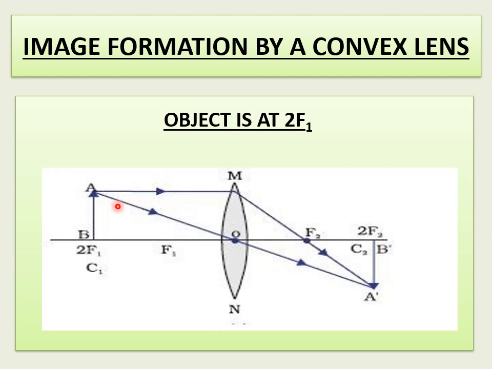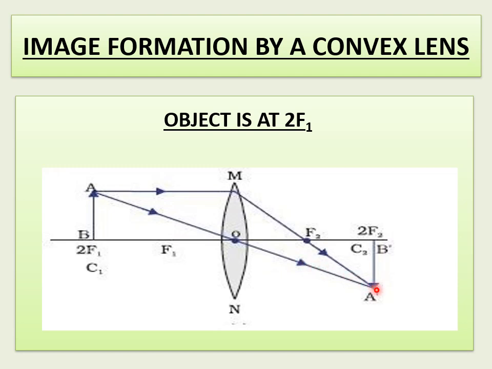First rule I am taking, what is that? Ray parallel to principal axis. If you see, this is your ray, and after refraction, it passes through focal point. This is your focal point. And one more ray we have to take. Already I have told two rules are important for drawing ray diagrams for image formations. So this is a ray which is passing through optic center, and it goes undeviated. Already we know that. So these two meet at one point.